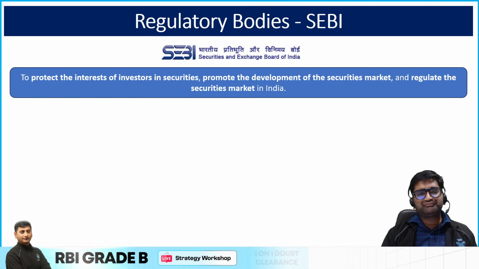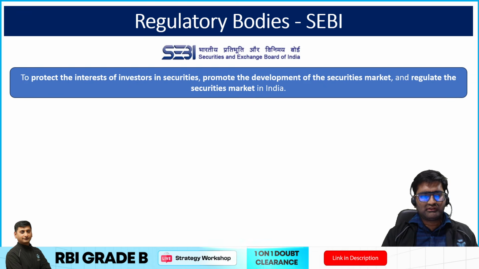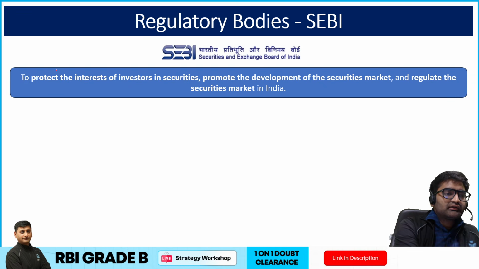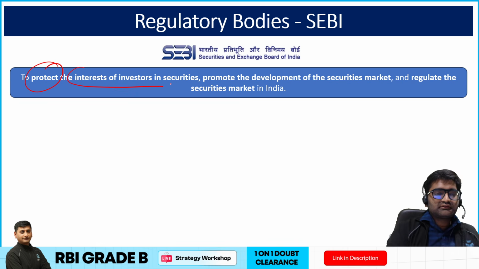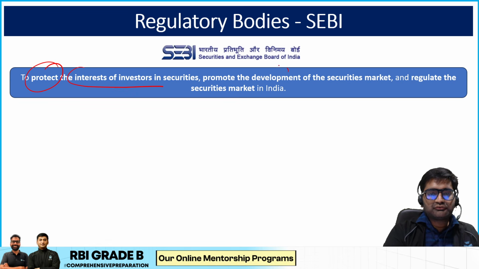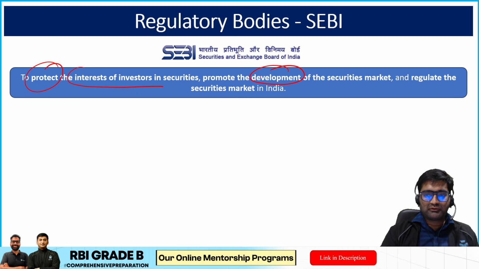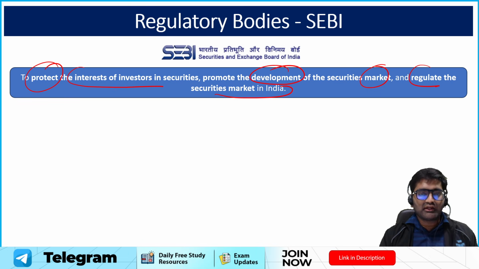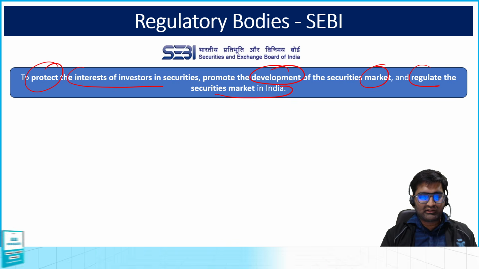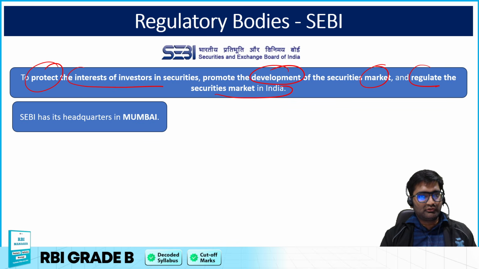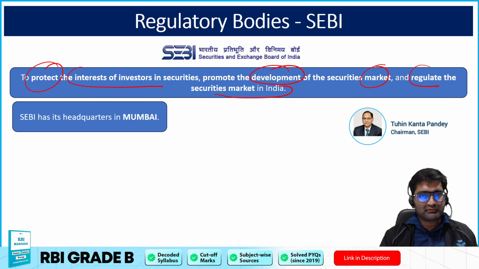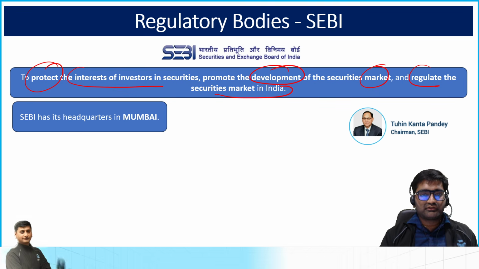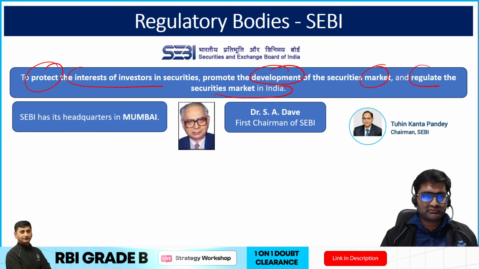Talking about the regulatory bodies and specifically about SEBI, we can say it protects the interests of the investors, is also engaged in the development of the securities market, and also regulates the securities market. If anything goes wrong, it is also liable, and it can itself punish those entities because of whom things are going wrong. The headquarters are in Mumbai. The present chairperson is Tuhin Kanta Pandey, while the first chairperson was